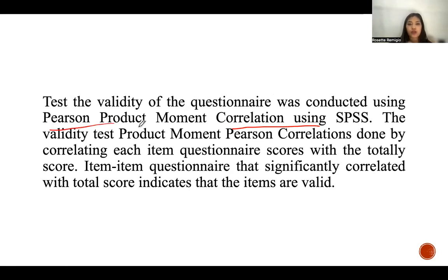moment correlation. This is what we will use when testing validity. Again, when testing validity, we will use Pearson product moment correlation using SPSS. The validity test, Pearson product moment correlation,